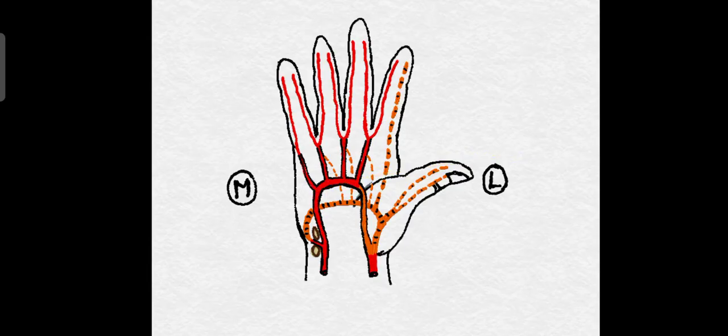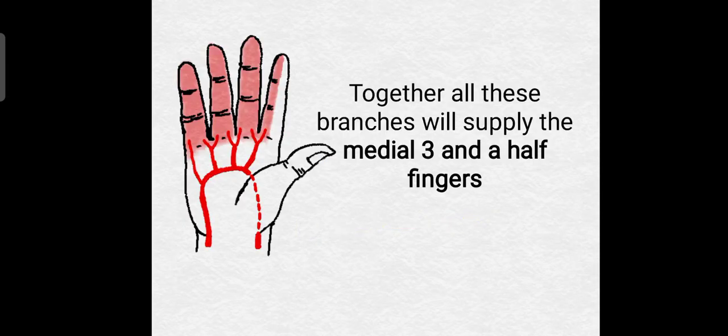So the same representation here, you can see these are the palmar metacarpal arteries. The dotted orange lines represent the palmar metacarpal arteries which are arising from the deep palmar arch, and they will join with the common palmar digital branches, and later once it reaches the cleft it again divides into two, the proper palmar digital branches. So here you can see that proper digital branches which are going to the adjacent side of consecutive fingers. So this is how the branching is happening, and how it will be supplying.